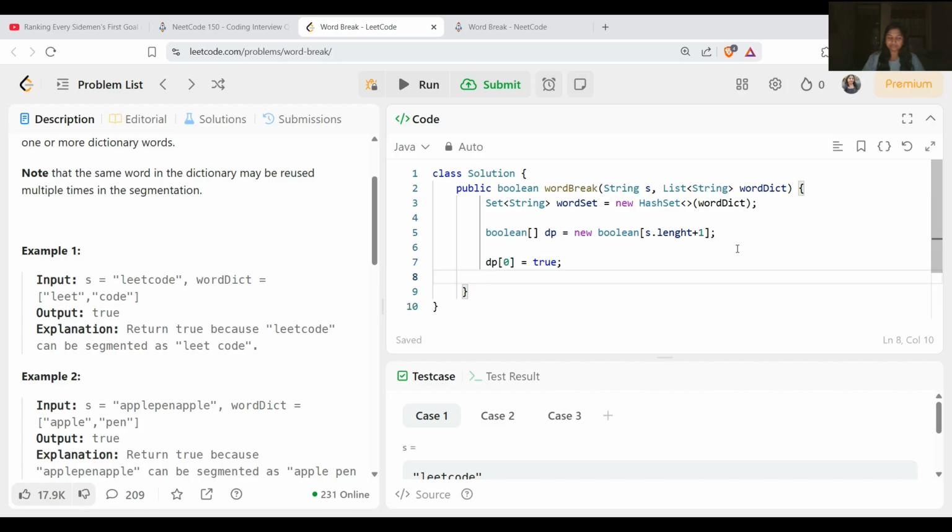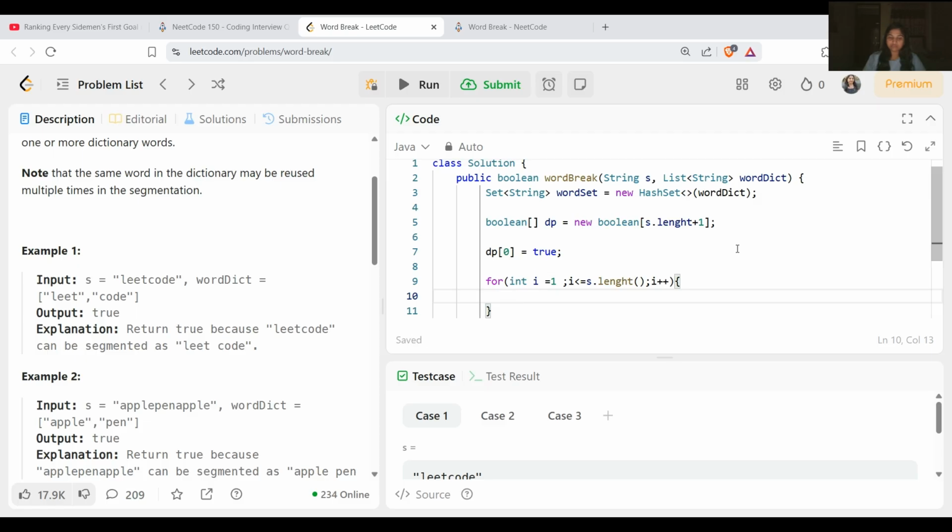Right. Now we have to put a loop over the string here. So for int i equal to 1, and i less than or equal to s.length, i plus plus.